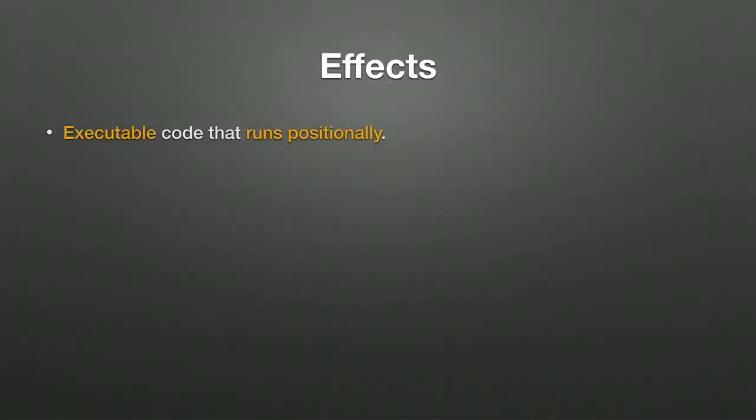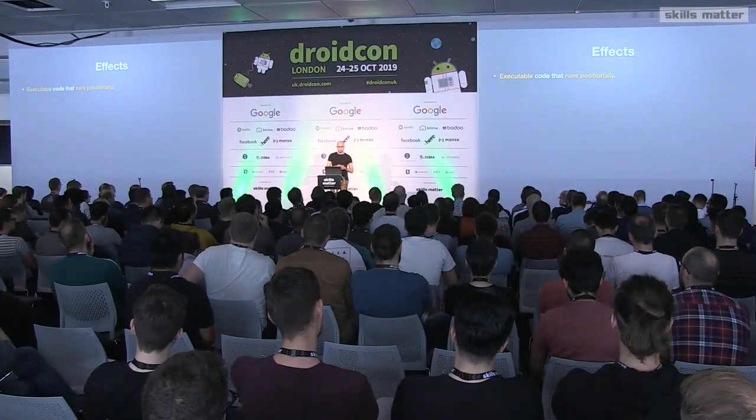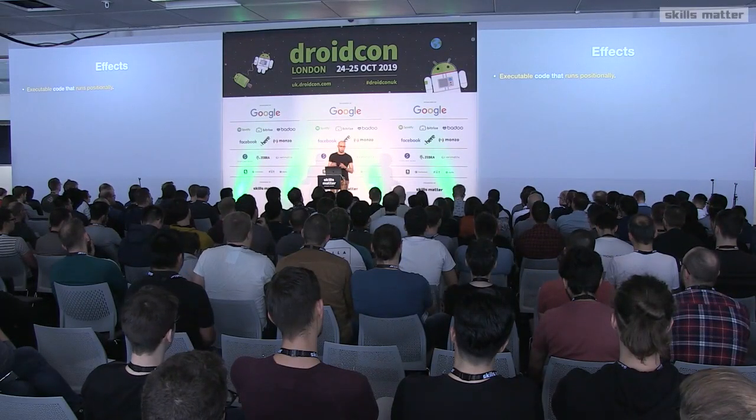So the state here is a concrete example of something called effect, which is also one of the important things in Compose. And the definition, executable code that runs positionally, is just a fancy way of saying that effects are things that will be shared across composable function runs. So I said that composable functions can run more than once. So if it runs 10 times, there is some code that we don't want to run 10 times, something we want to call just once or twice. And effects allow us to step out of this composability and then go back with some value. And we will see that